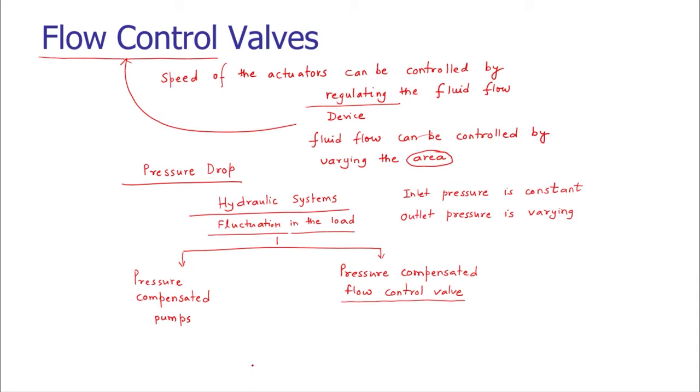Well, in addition to the pressure compensation, hydraulic systems have a temperature problem as well. As we have seen, a lot of moving components are there, and the friction of the moving components generates heat energy. As the temperature increases, that affects the viscosity of the hydraulic fluid. The viscosity will be reduced. So as the fluid's viscosity is reduced, we have to change the flow rate. We cannot have the same flow rate of the hydraulic fluid.